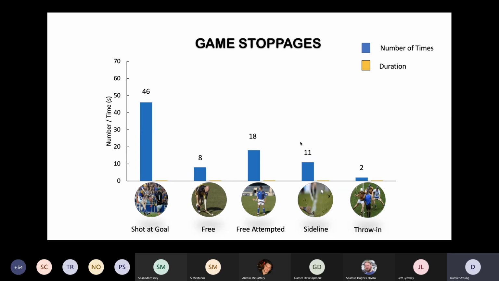The second most frequent stoppage is a free that is attempted. So that free that might be scored or hit wide. And then the others make up the remaining game stoppages. However, we need to think about